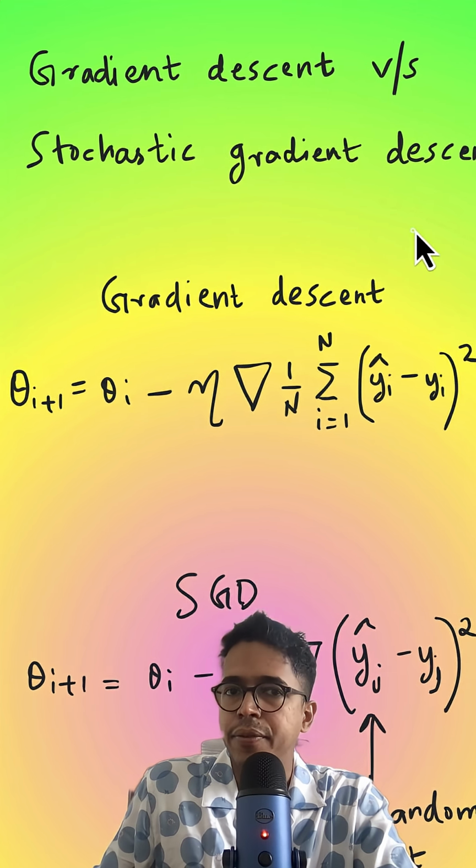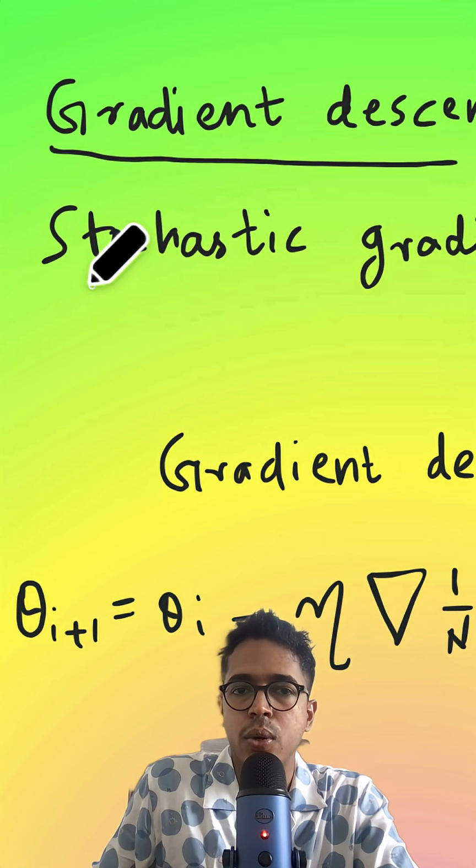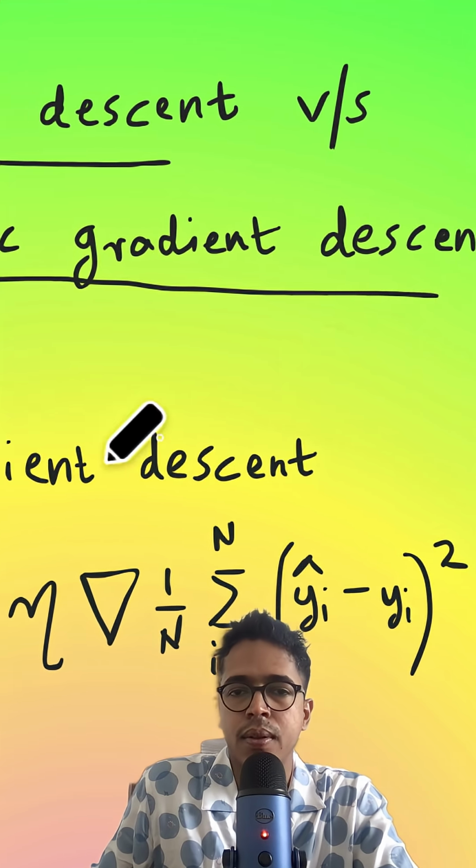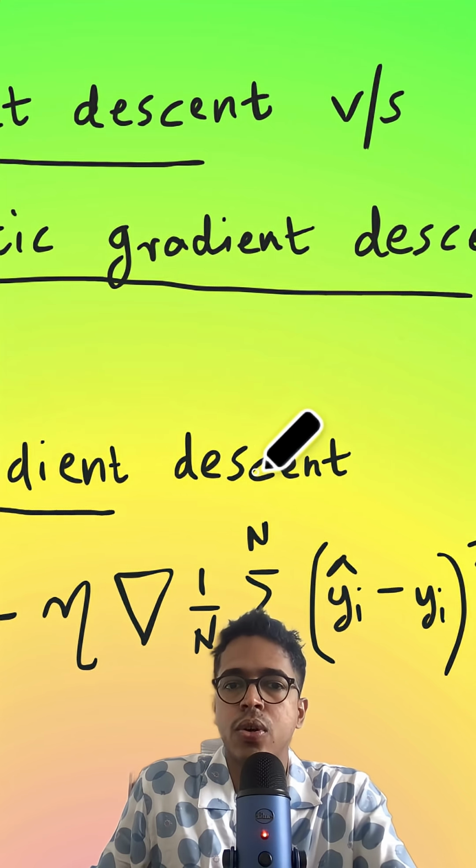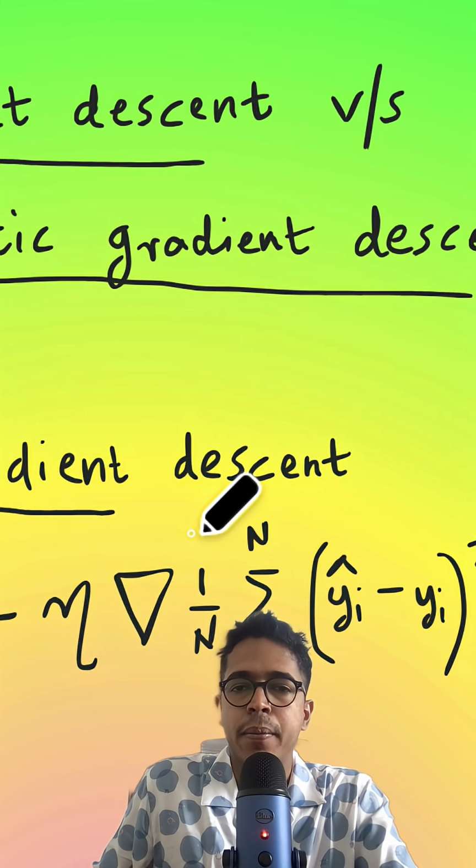What exactly is the difference between gradient descent and stochastic gradient descent? Let's try to understand. So the normal gradient descent, which is also called vanilla gradient descent, updates a neural